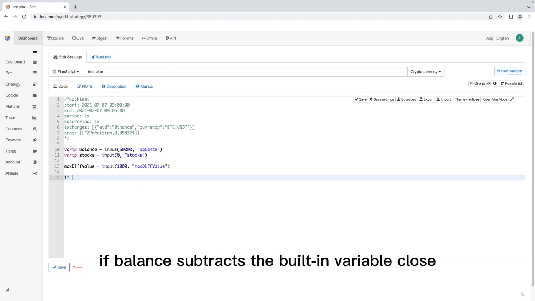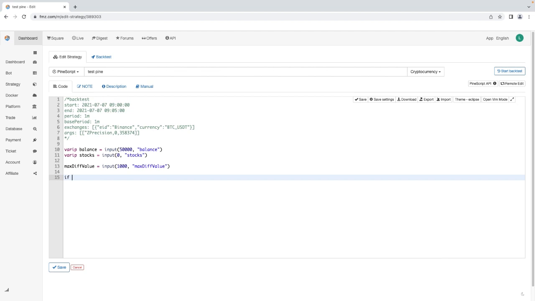Directly, if balance minus the built-in variable close multiplied by stocks